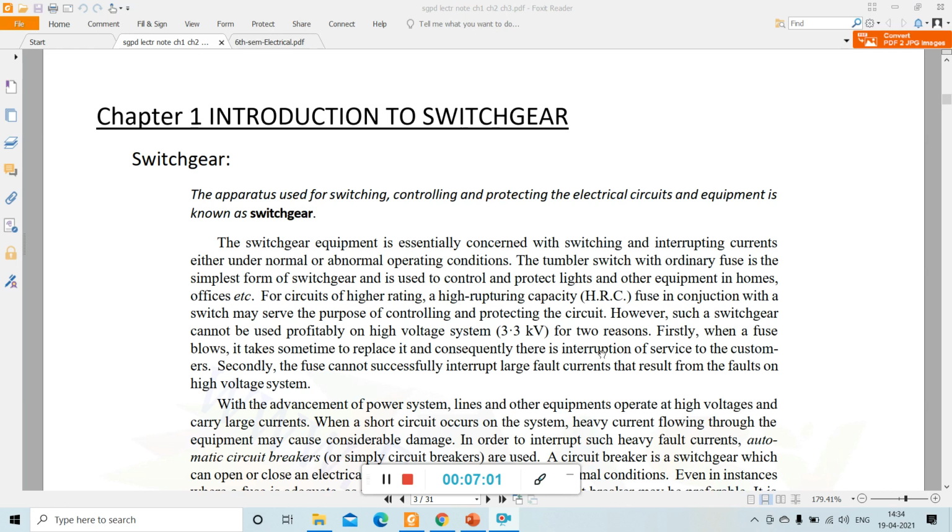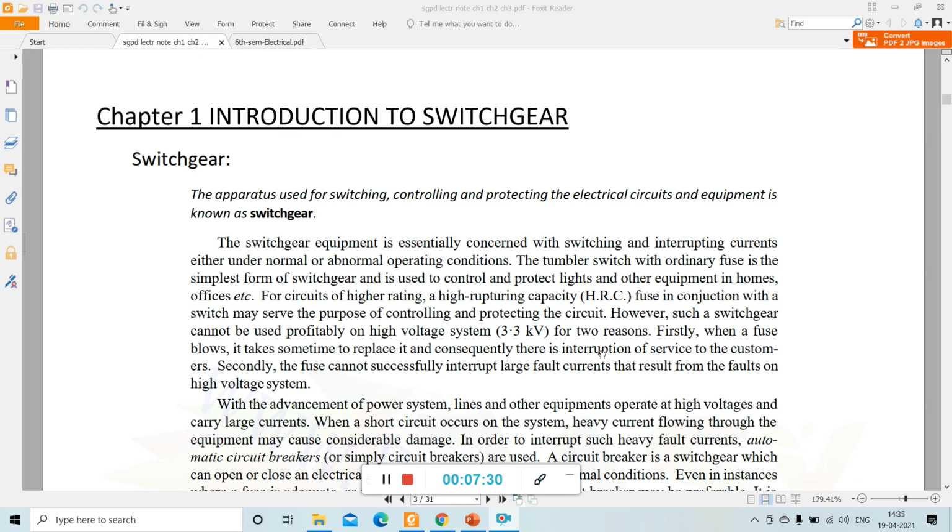So whatever application we want to perform, that application must be done. Whenever the fuse is removed, then the circuit is open. So like this, you see that the switchgear equipment is essentially concerned with switching and interrupting current either under normal or abnormal operating condition. Okay, so